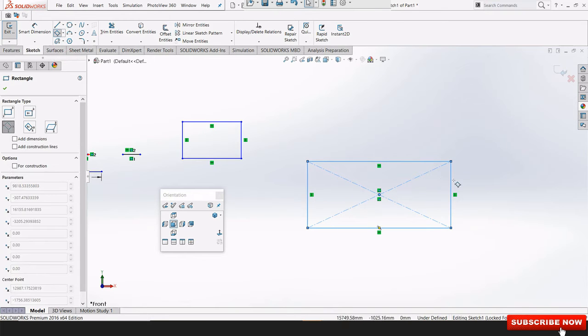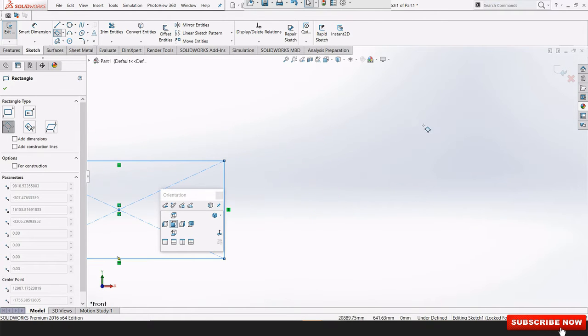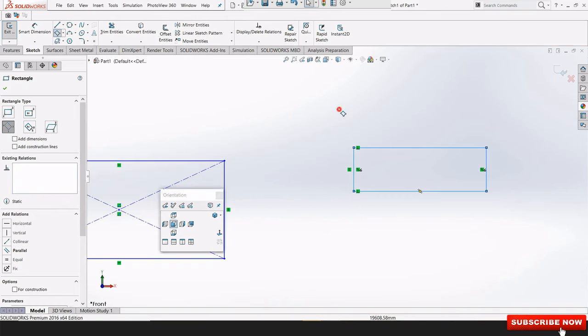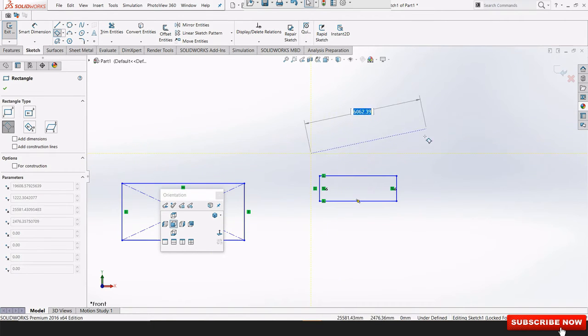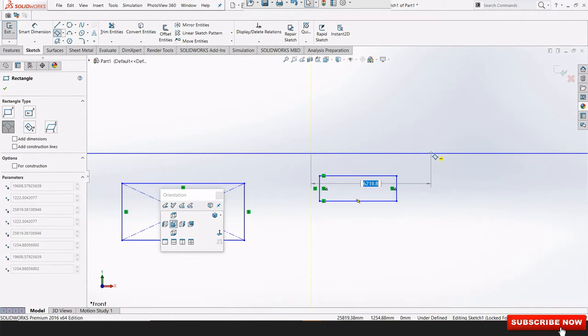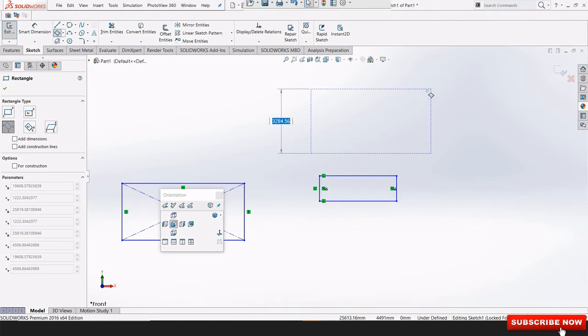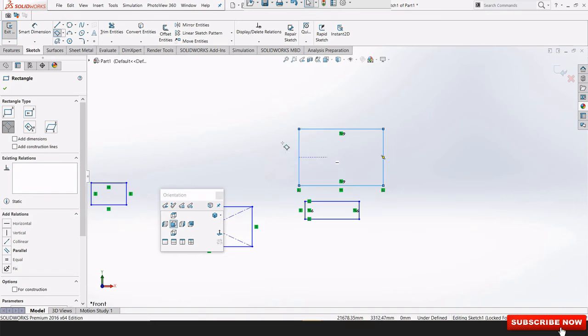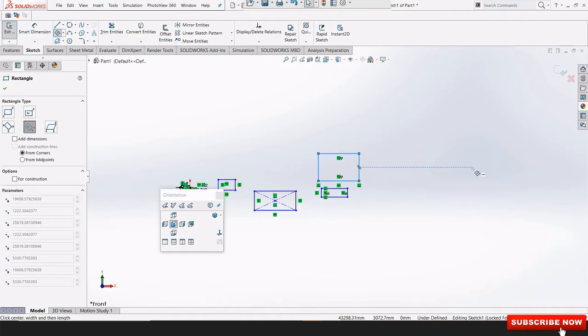Then we are having 3-point corner rectangle. We are having one point put from where we want to start the line. Then that's it. Then give the width. Okay, that's all. Then you are having 3-point center rectangle.